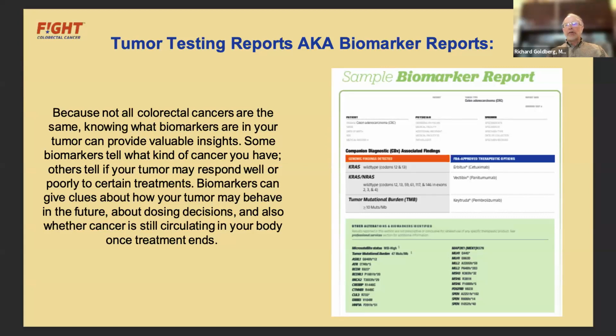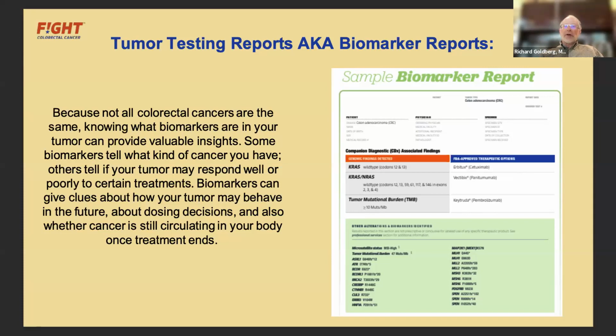I'm a medical oncologist, which means that I give drug treatments to patients. And colorectal cancer now is definitely managed by what we call a multidisciplinary team. What I mean by that is you have surgeons, you have medical oncologists, and sometimes you have radiation oncologists. Sometimes you have interventional radiologists. Managing colorectal cancer has gotten way better during my career, but it's also gotten way more complicated. It takes a village to manage this disease correctly.